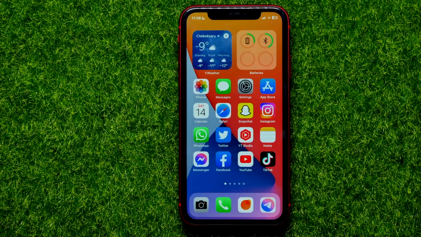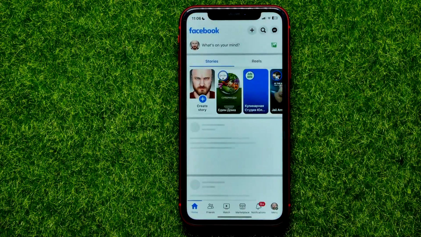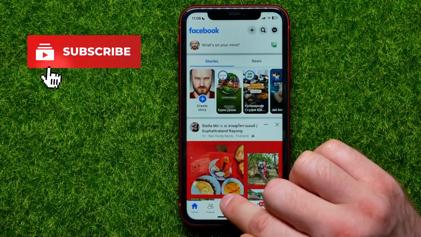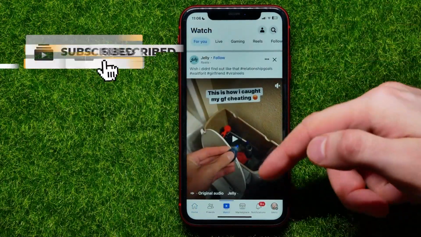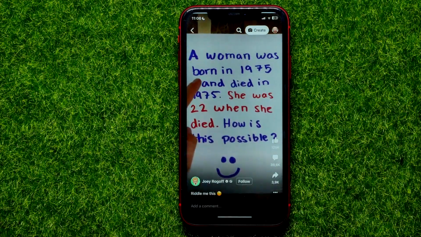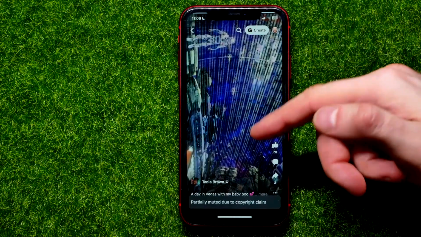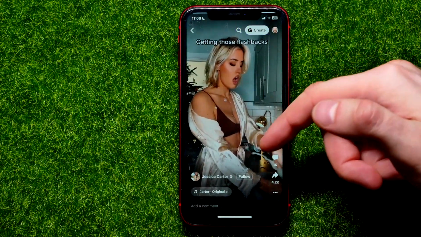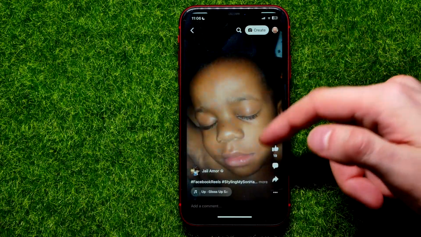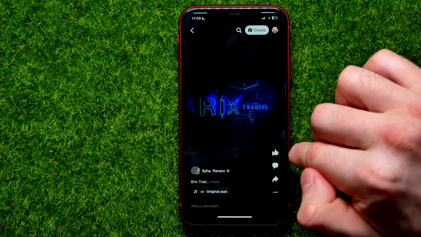So let's begin, and first open up the Facebook app. Then right here you can tap that watch icon, and then you can start playing any reel. You can swipe through all of those suggested reels, and once you find one that you liked, you can hit